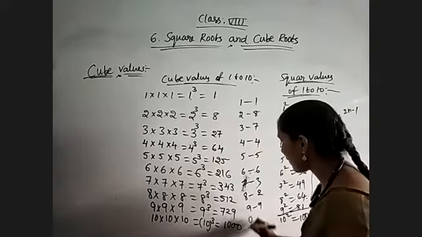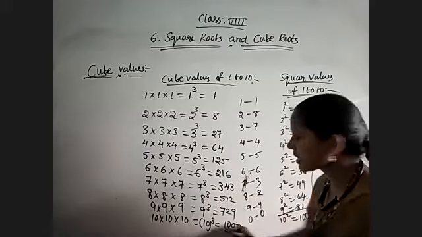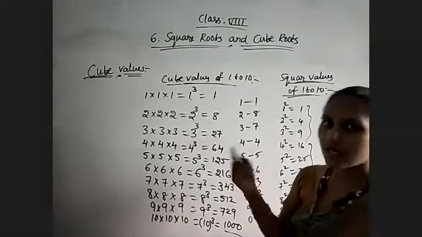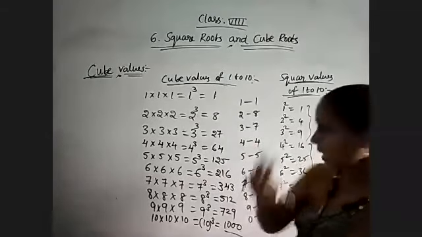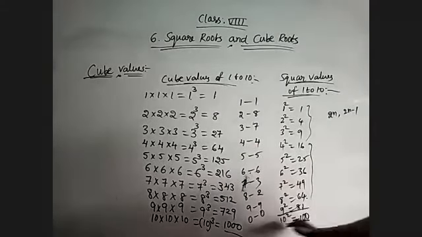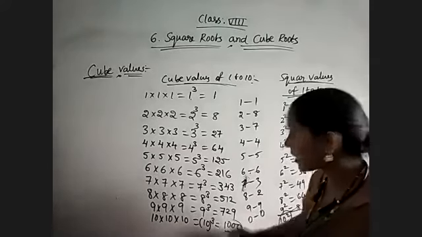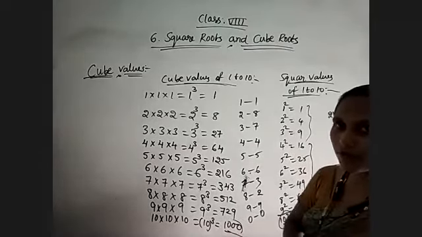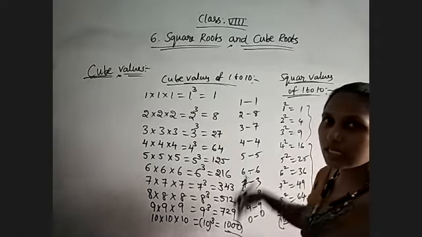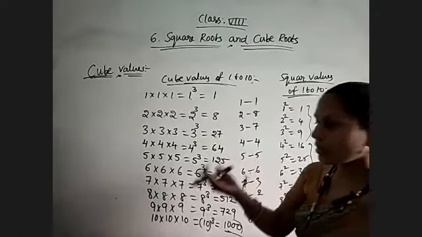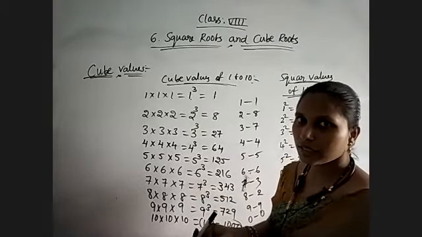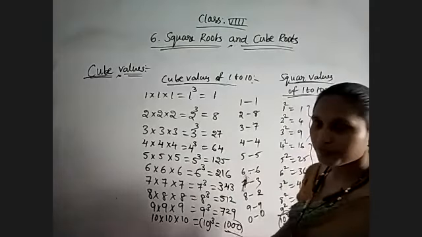And if you are having 0, so 3 times you will get 0. For 0, 0 only you will get for squaring also, but there you will get an even number of zeros for square values. Whereas for cubes, multiples of 3 zeros you will get. If it is a perfect cube, either 3 or 6, means 3 tables. If 3 zeros are there, that is a perfect cube, maybe.